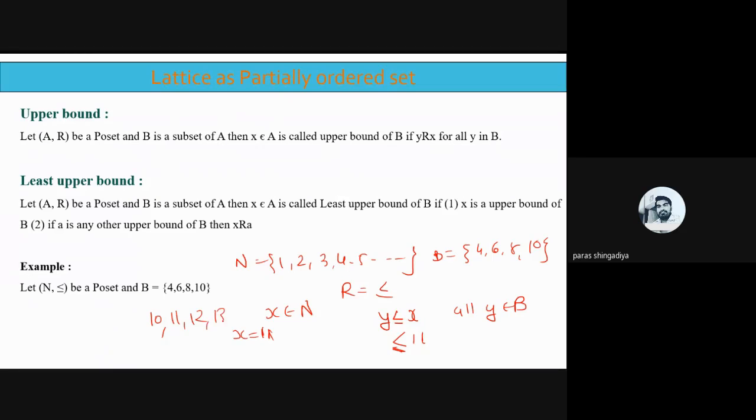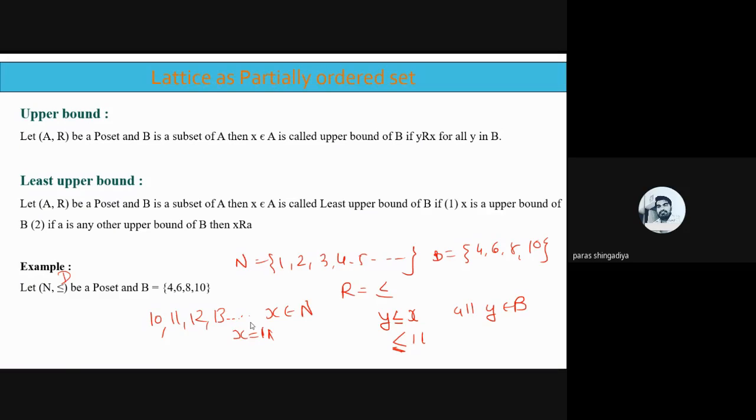then 12, 13, 14, 15, 16 up to infinity. So all these possible values we have are called the upper bounds of the given set B. Again, I repeat that it depends on the relation and depends on B. Which subset is mentioned in the question, which relation is mentioned in the question. If I consider here divides in place of less than or equal to, then this answer will change. As per the divides relation, we have to verify the condition. Clear? But here it is the less than or equal to condition. So based on that condition, we can consider the answer as 10, 11, 12, 13, 14 are the upper bounds of the given set.